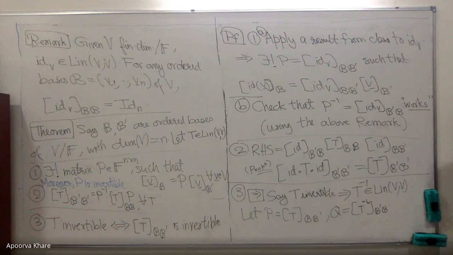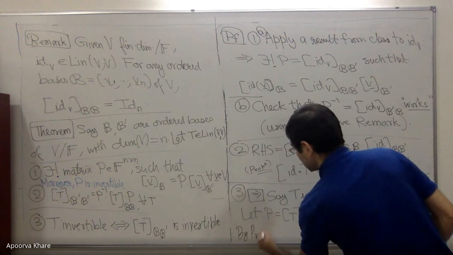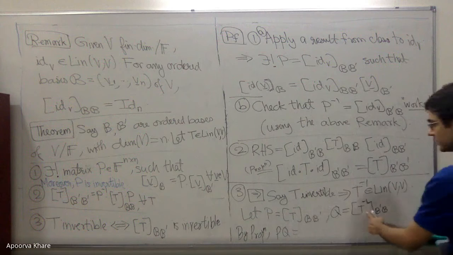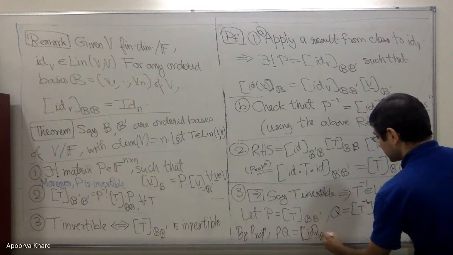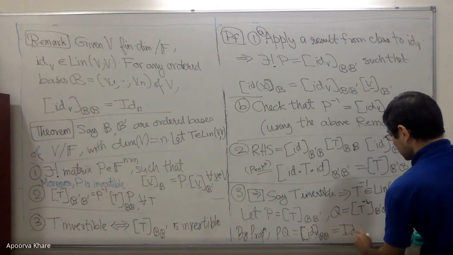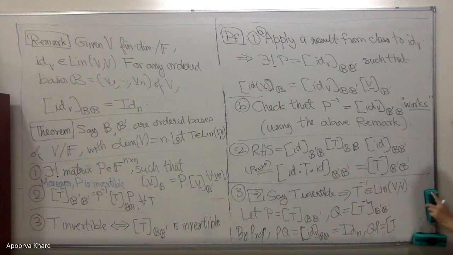What can we say about P times Q? By the same proposition, P times Q is T times T inverse, which is identity. Composing two maps gives you identity on V, and the basis is B, B. But identity B, B is always identity. And similarly, Q times P is the identity transformation, not matrix, with respect to B dash, B dash,